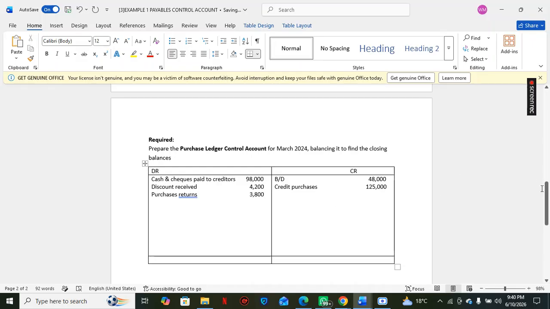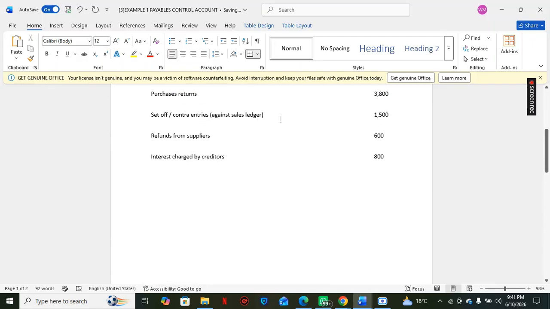Okay. Next, we have the set off or the contra entries. This is a situation, as I said, where someone owes you money and you're also owing the person money. As I gave an example,